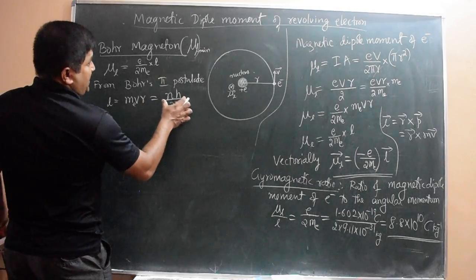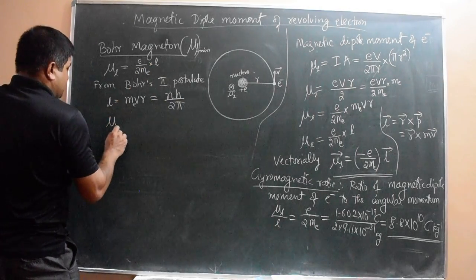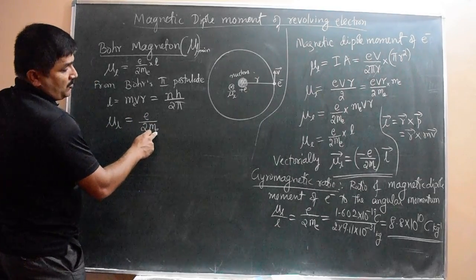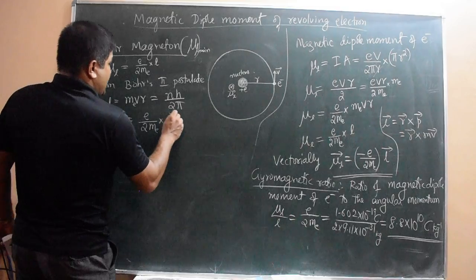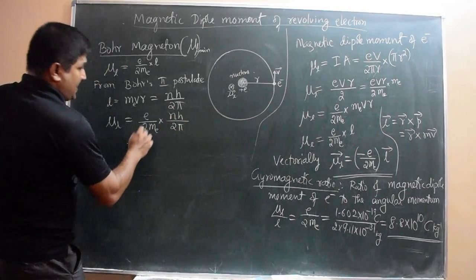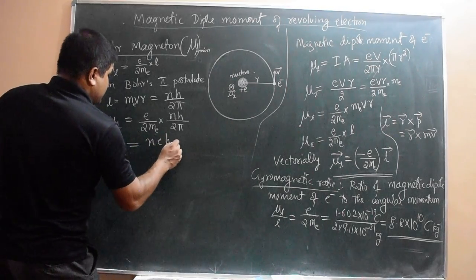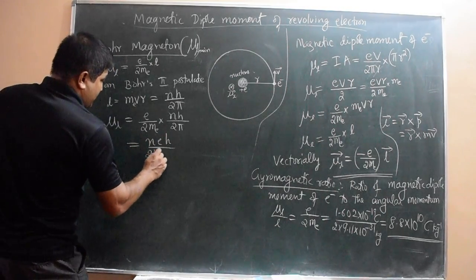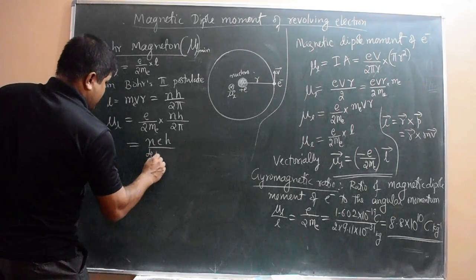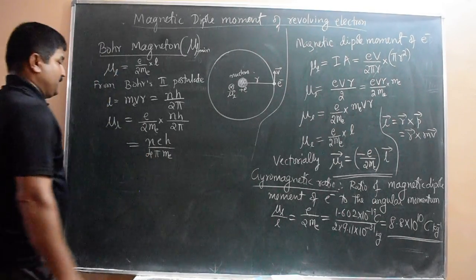So mu L equals e by 2me into me into nh by 2 pi. So this expression I can write as neh divided by 2me into 2 pi, so that becomes 4 pi me. Now minimum